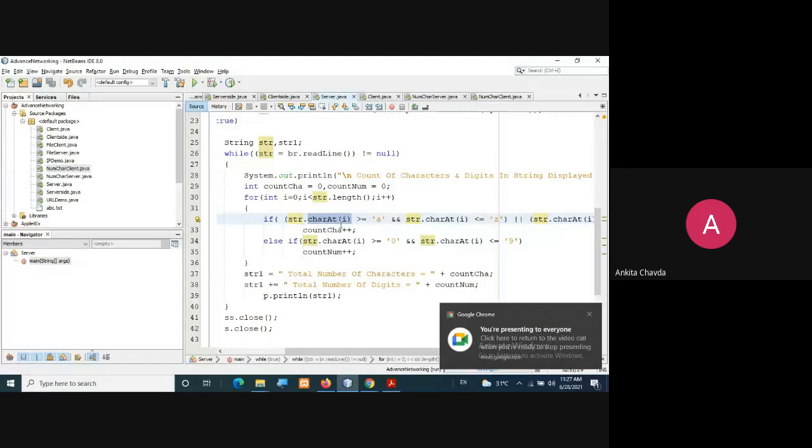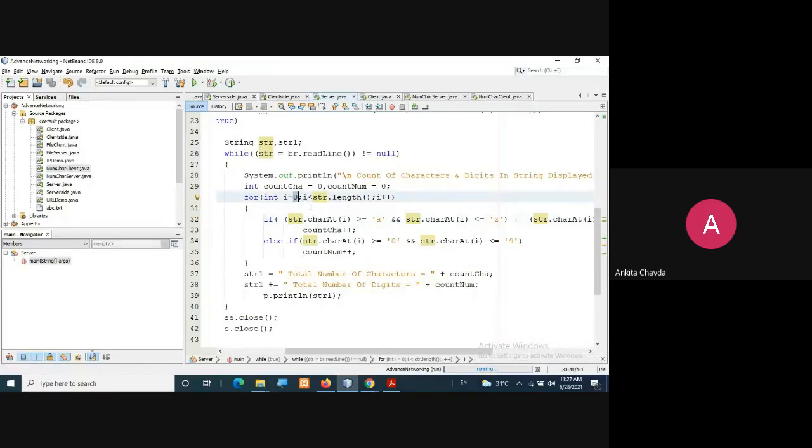So string dot charAt of whatever the value of i is. Suppose here the user has entered hello. So first I'll check for H, then E, then L, then L, and then O, and so on. So str dot charAt(i) is greater than or equal to small a, which I have given as a character, and it is less than or equal to z, which means your character is between small letter a to z,